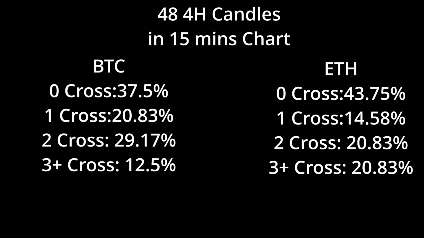So the 0 and 1 crosses are more than 50%, and Ethereum is also more than 50% if you add 0 and 1 crosses together. With that information, it's really going to help us understand that maybe the opening price is something useful, if we can have the opening price be our indicator to know where the market is likely to go. The way I'm going to use it is, if the market already has 1 or 2 crosses for the open,